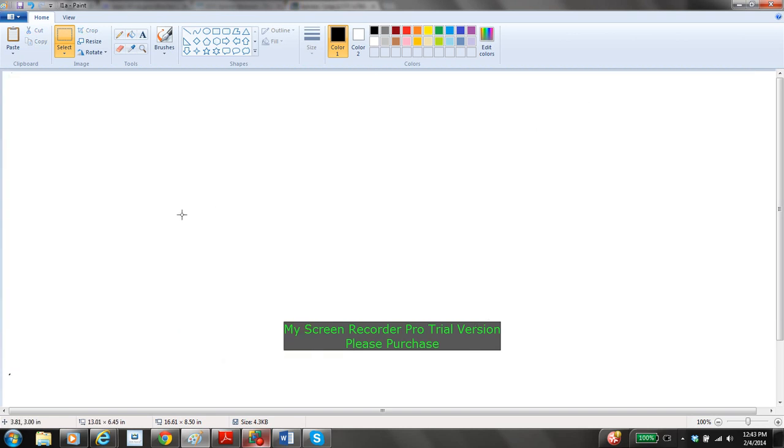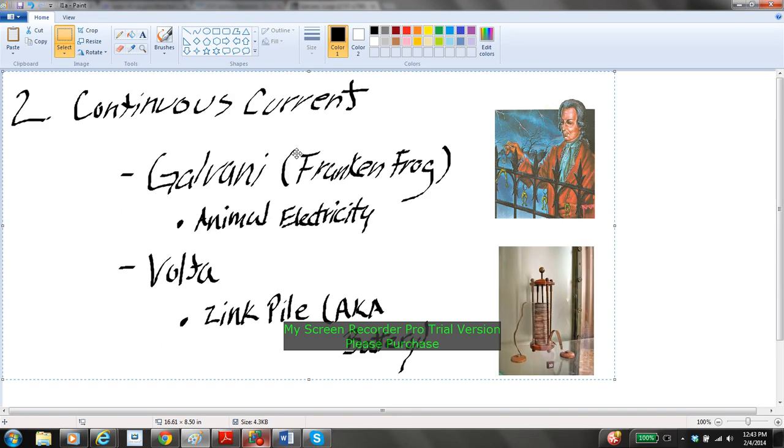Okay, moving on to the next phase, continuous current. Continuous current more or less was started by Volta when he invented what was called a zinc pile, but previous to that, he came up with that from an earlier experiment conducted, or observation and then eventual experiments, by Galvani